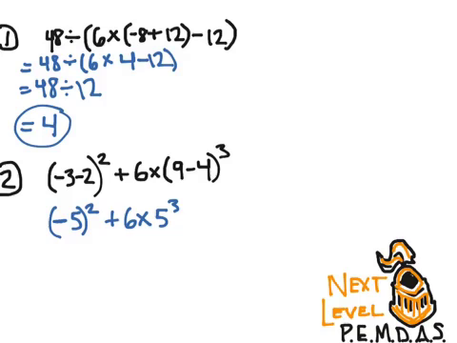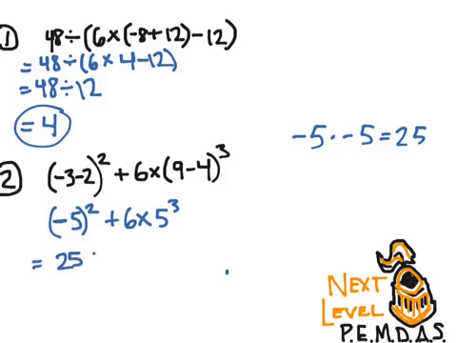Alright, so we simplified all the parentheses. Now we can move on to the exponents. So we have a couple things that have exponents acting on them. We have -5 squared and we have 5 cubed. So what that means is we're multiplying -5 by itself 2 times. So -5 times -5 equals +25. And you can just do that work off to the side if you need to. So this equals